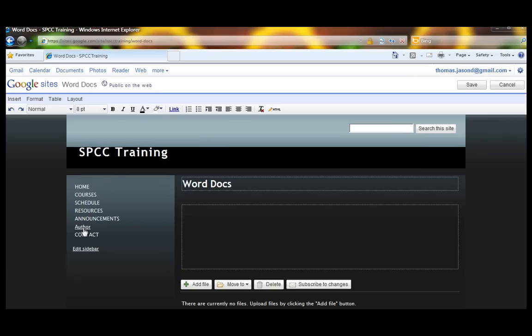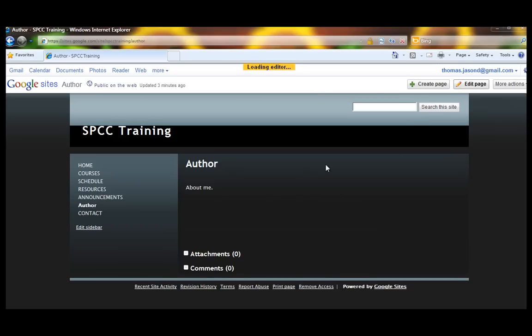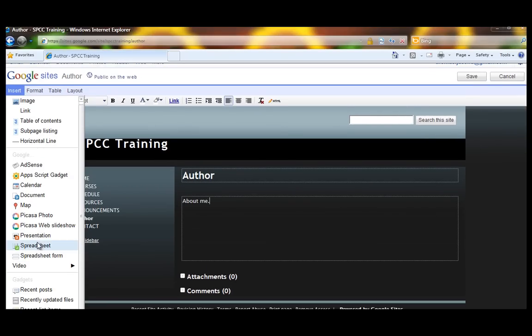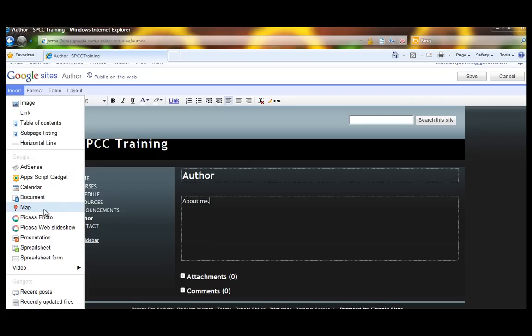The other very cool part about a Google site is this ability when you're editing to insert all kinds of fun little things called gadgets. So we can put in a table of contents links, you can put in images, you can link to a Google map, you can link to one of your Google Docs, you can link to your calendar. You can also,